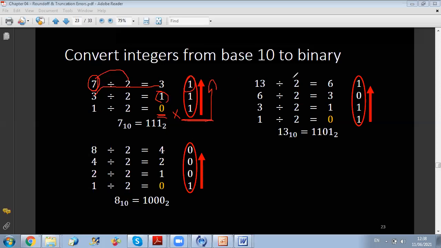Let us take another example, 13. Same method, I divide first by 2, I get 6, remainder 1. Now I take